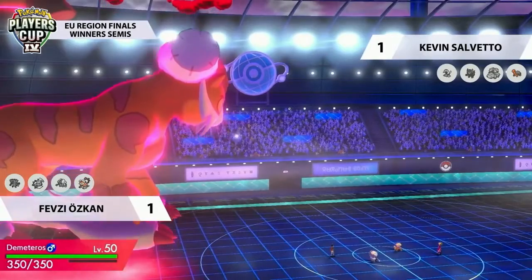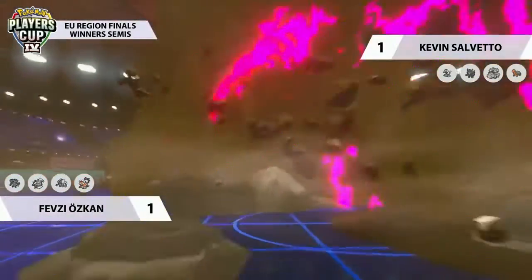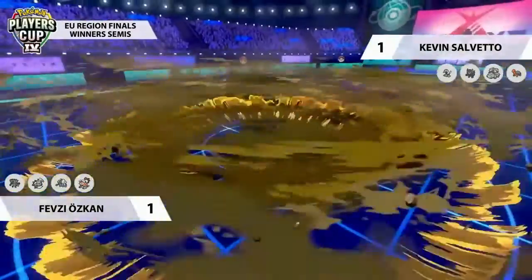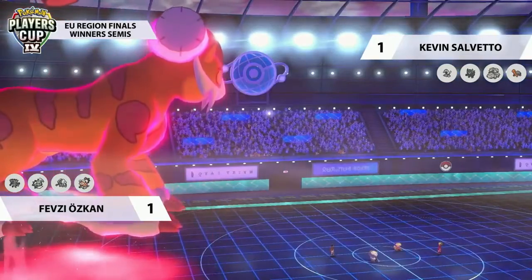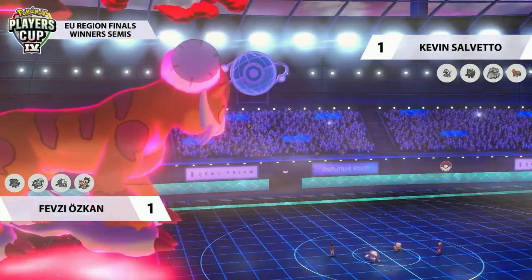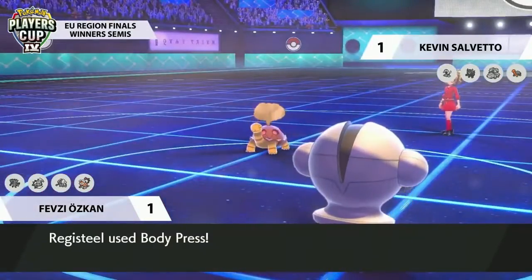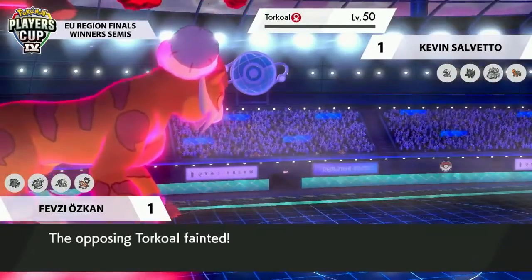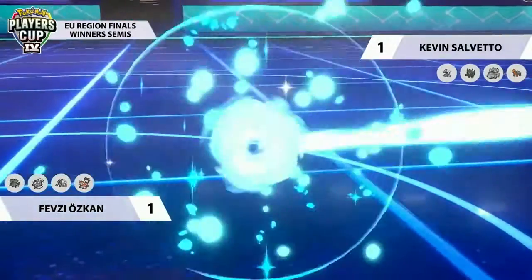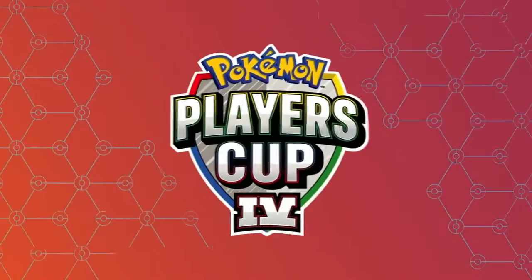So fantastically played by these players. It's going to take the opportunity to just make sure no shenanigans happen, fire off this Max Quake, pick up this KO, and just seal the deal going on to Global Finals. It's Landorus once again Dynamaxing and throwing out key crucial moves. It doesn't quite get the knockout on Torkoal, but Registeel, which sat on the field for the whole game, will get the pleasure and privilege of cleaning that one up. So Fevzi, the first player we're pushing on to the global